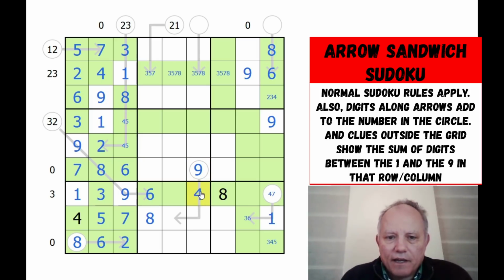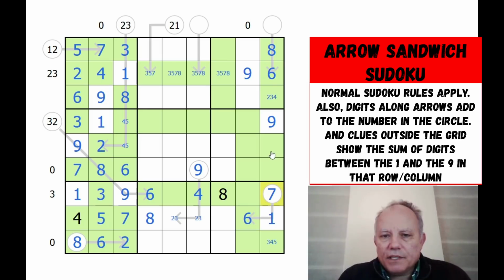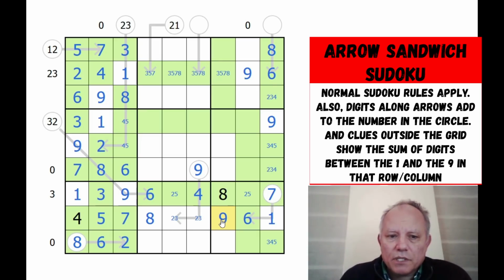So 4 here. This is a 2, 3 pair. That resolves this as a 6. This is a 7. These 2 add up to 5, just like those 2 do. So again, that's 3, 4, 5, and that's 2, 3, or 4. Wow. Okay, 2 and 5 to place in that row. Don't know how. This is a 9. Useless 9. It's in a row and column with no